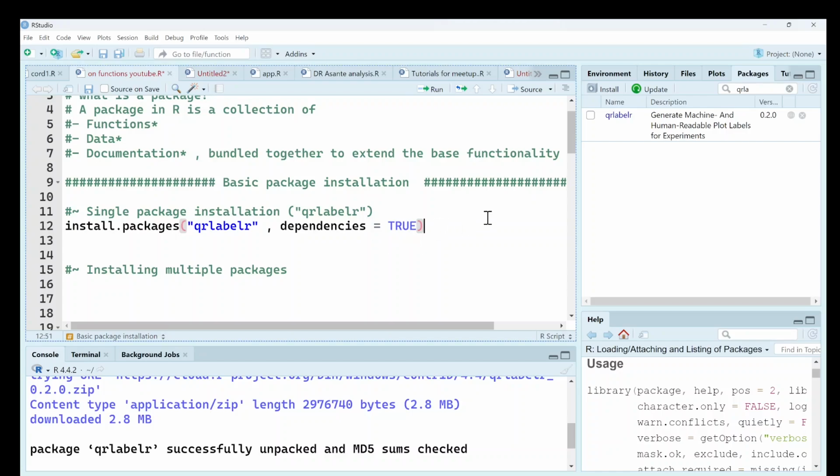We could have run this, and it will install all other packages that were used to write Cura Labeler. All other packages included will also be installed. But if you don't wish for that, then you can just ignore the dependencies argument, and then you just install the package this way. But if you desire this, you could go and